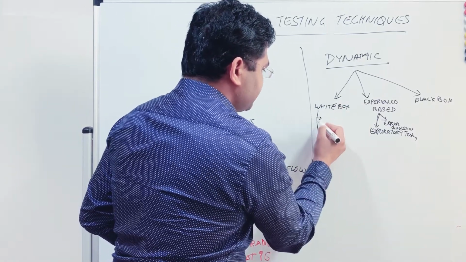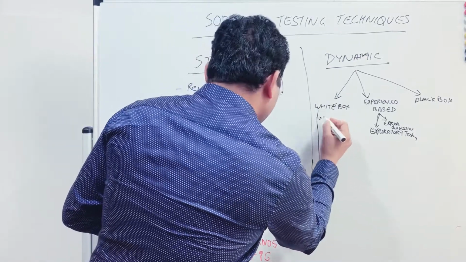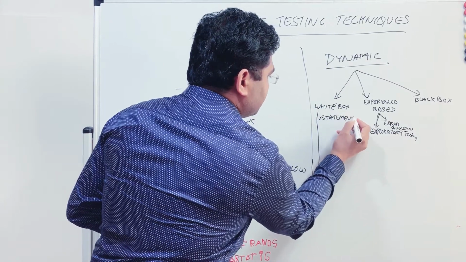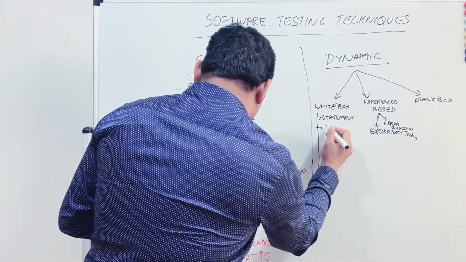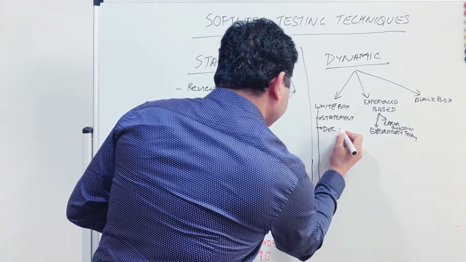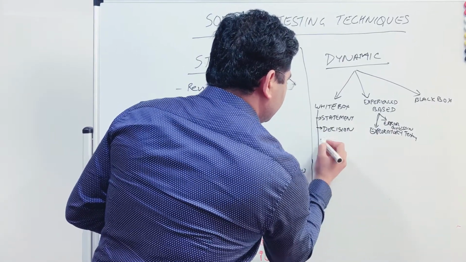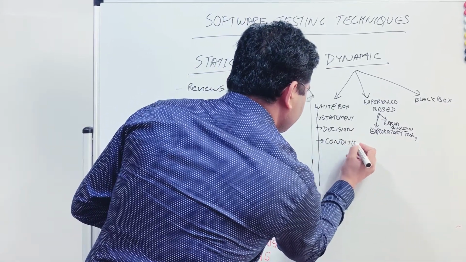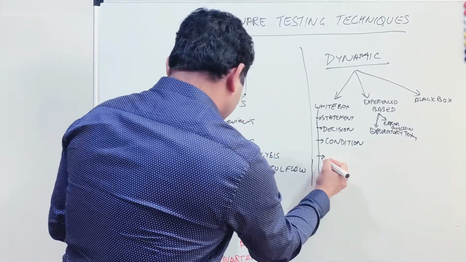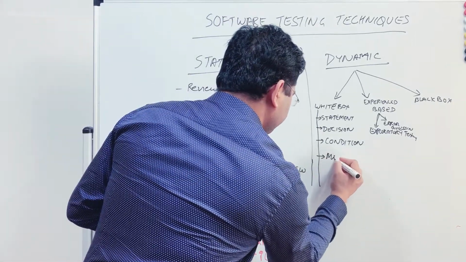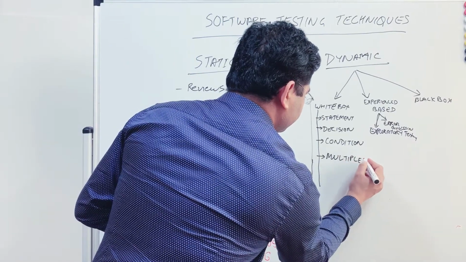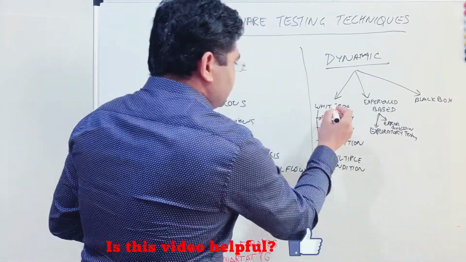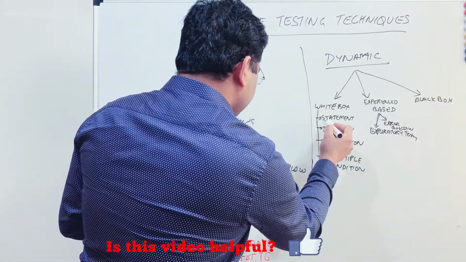Some of them are statement coverage, which is very important, then decision coverage, then condition coverage, then multiple condition coverage. So in the white box testing technique, you apply some of these techniques,